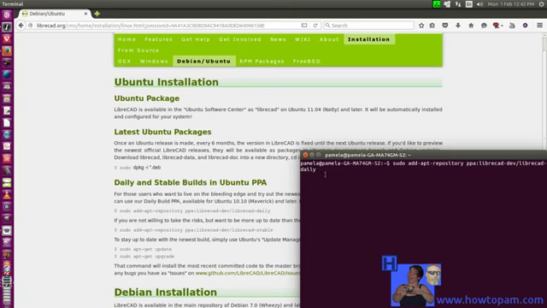We push enter and give our password, and after we've added that, then we can run an update and then upgrade or simply install Librecad, and that will give you the newer